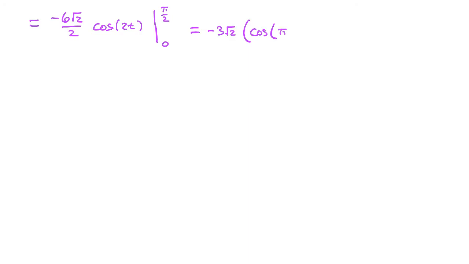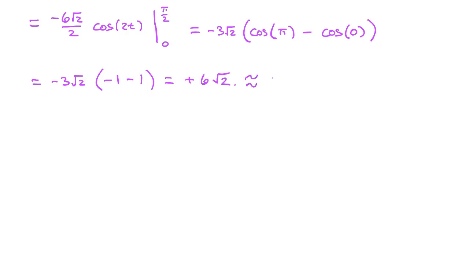That's going to give us a cosine of pi, minus what we get when we then plug in 0, so 2 times 0 gives us 0. So we actually have negative 3 root 2 times negative 1 minus 1, so a positive 6 times the square root of 2, or giving us an approximate value of